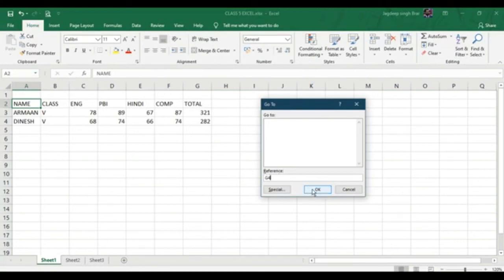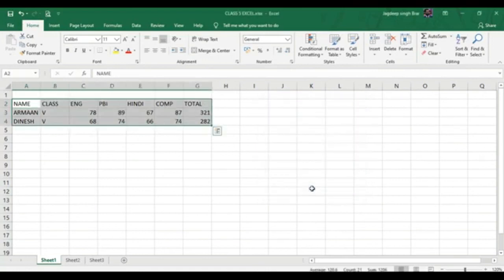Click on the OK button. Alternatively, hold down the Shift key when clicking OK, or press Enter. In this way you can select using the Go To command.